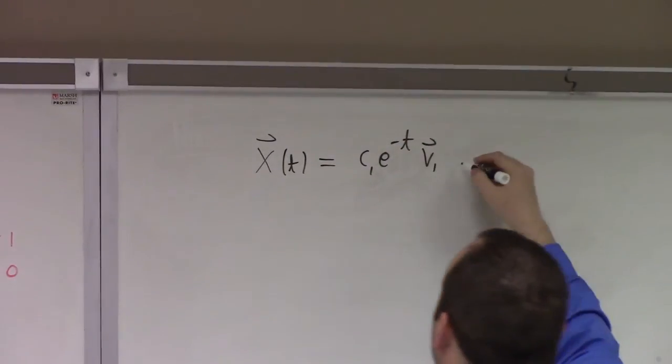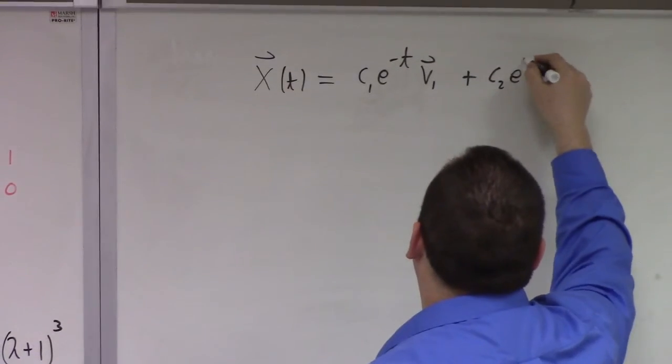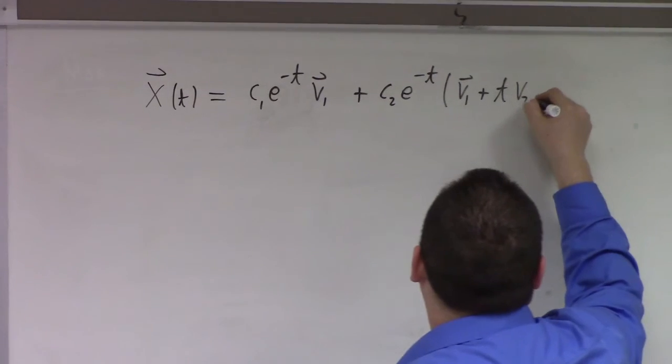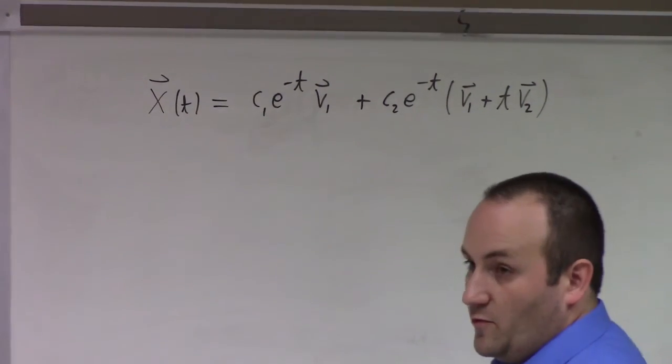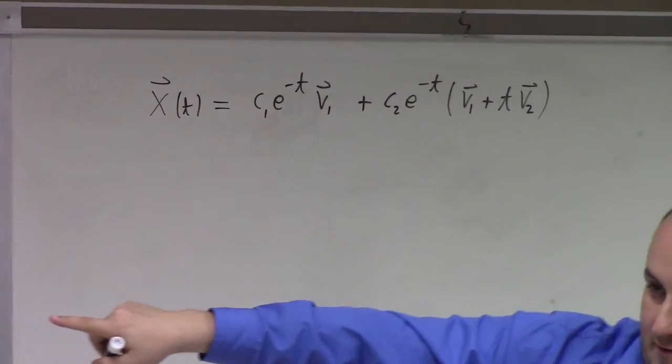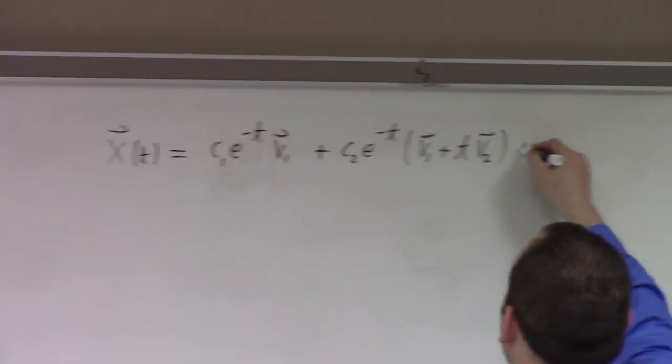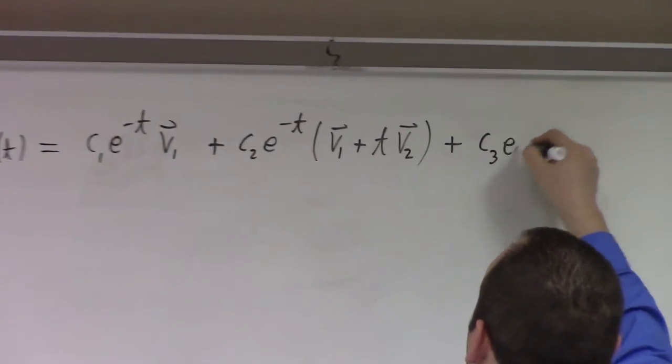So it gives us the solution, plus c2 e to the minus t times v1 plus t v2, because v2 is a generalized eigenvector of order 2. So the calculation I did over there happens again. What happens if you keep one more term? Plus c3 e to the minus t